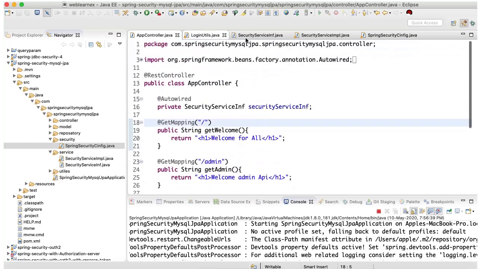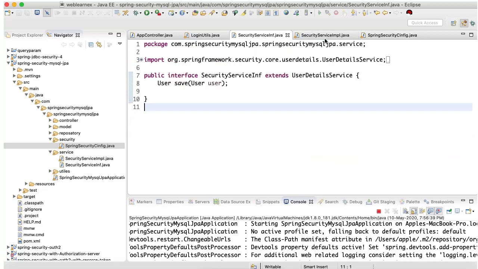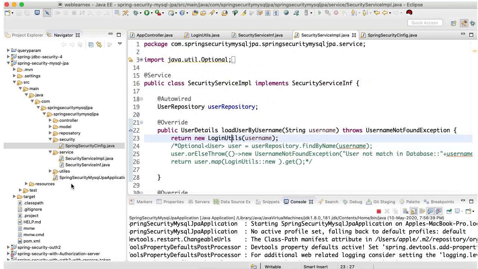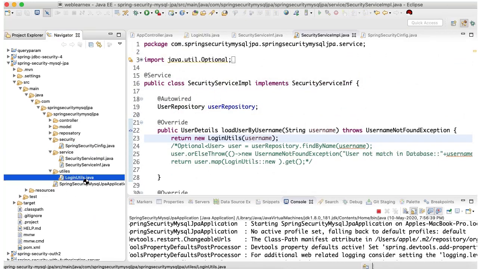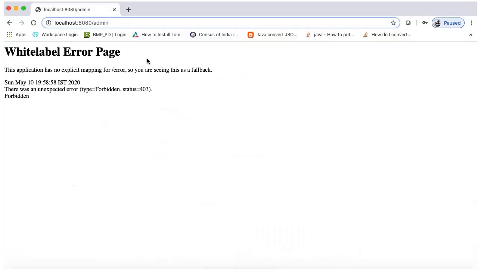Because if you observe the role here, in utils I have added the role as only the user role. I did not add any admin role. That's why it's not permitted to access.